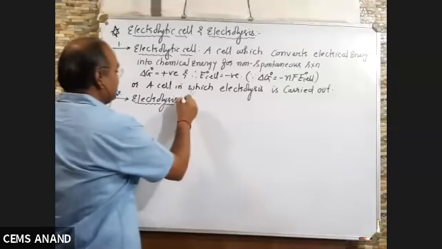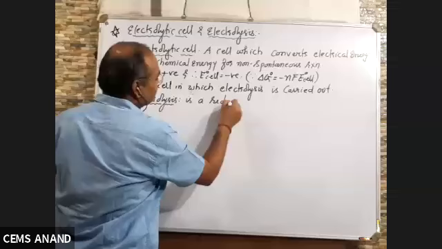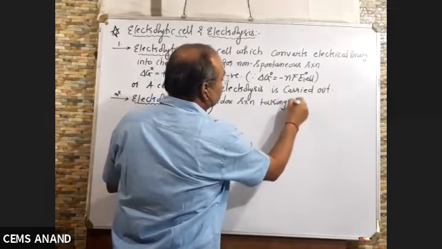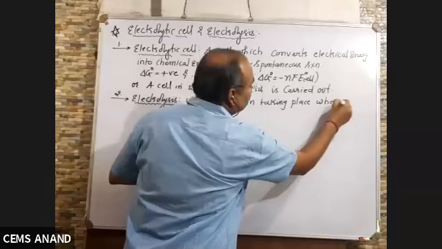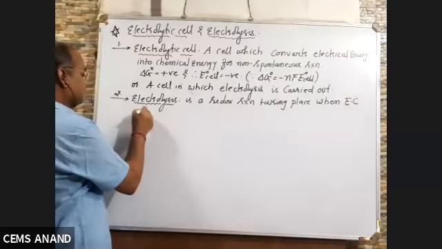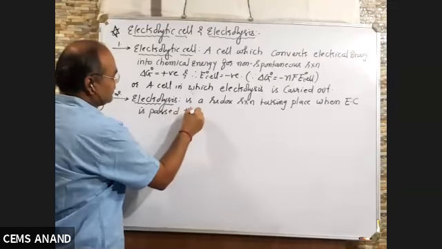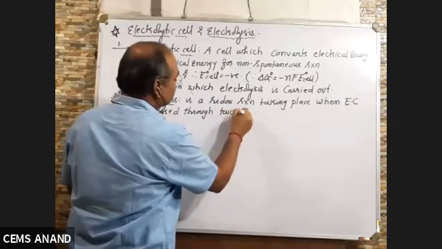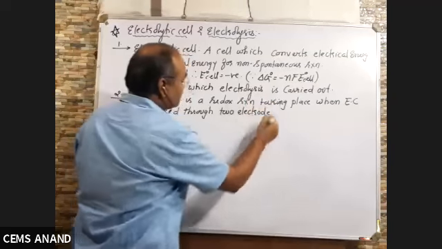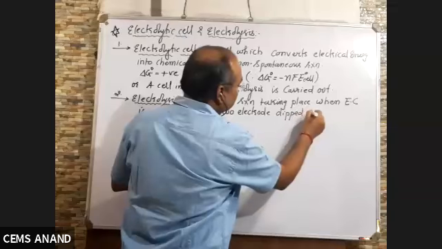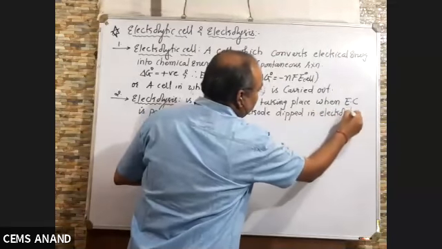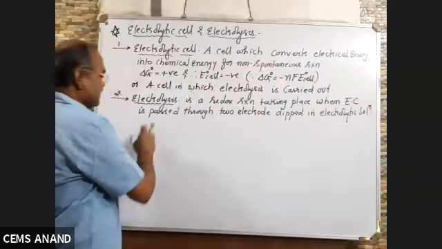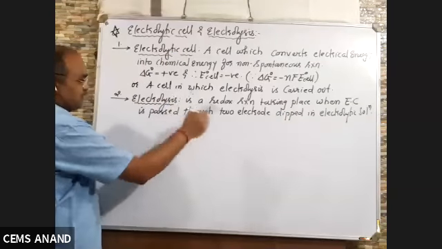Now what is electrolysis? Electrolysis is a redox reaction taking place when electric current is passed through two electrodes dipped in electrolytic solution, so